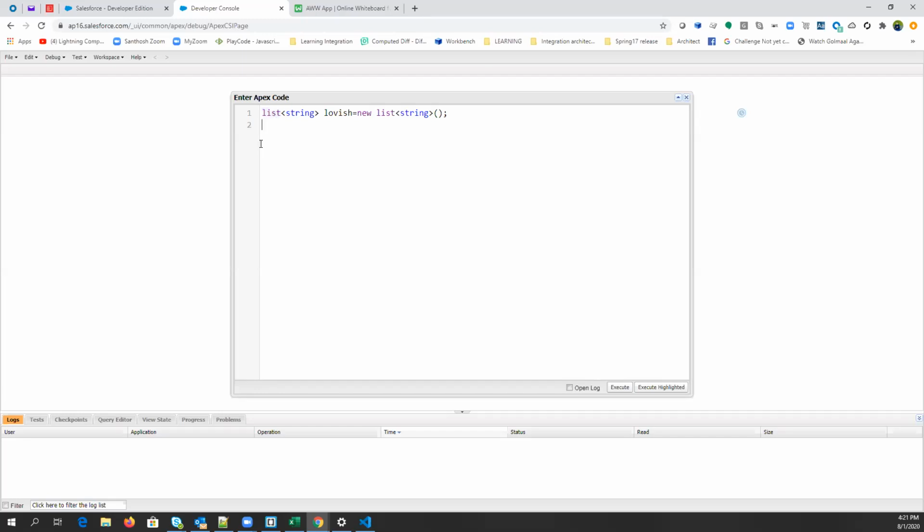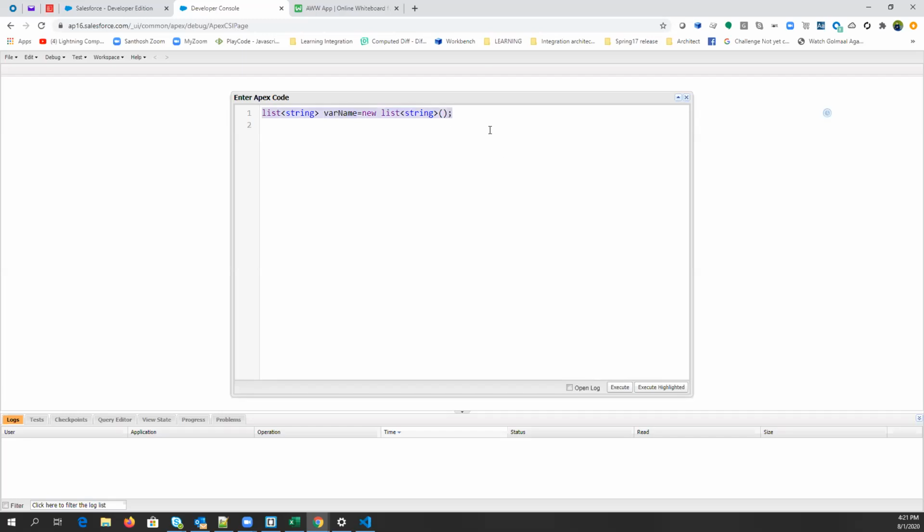So to create your own instance of that list class, you have to create an object. Am I right, guys? That we have discussed, right? If you want to use a list class, you have to create an object of that class. In the same way, we have created an object of list class, but the kind of data that you want to store in it, you also have to define. So we have defined it as a string. We are creating a list with object name Lavish, or you can say the var name, any object name you can use. The name doesn't matter, and the new keyword is just to create an object.